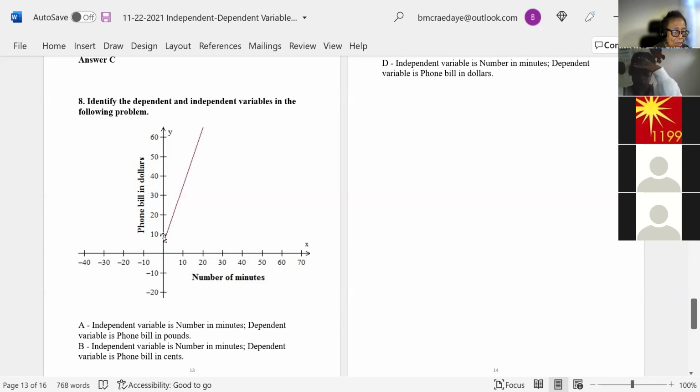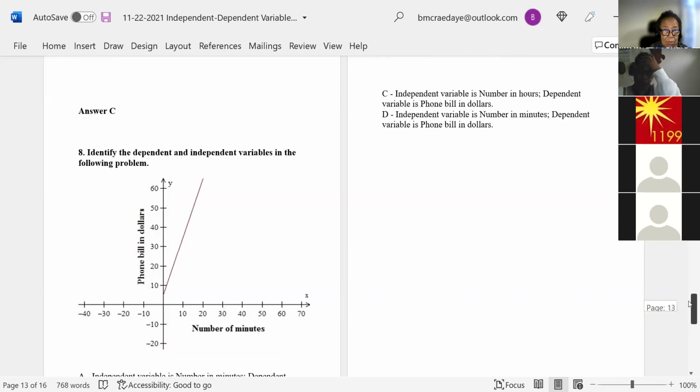Okay, so you're given choices here. One says independent variable is number in minutes, dependent variable is phone bill in pounds. Well, it's not that one because your phone bill is given in dollars. B says independent variable is number in minutes, dependent variable is phone bill in cents. Well, that's not correct because your phone bill is in dollars, right? And then C says independent variable is number in hours, dependent variable is phone bill in dollars, but